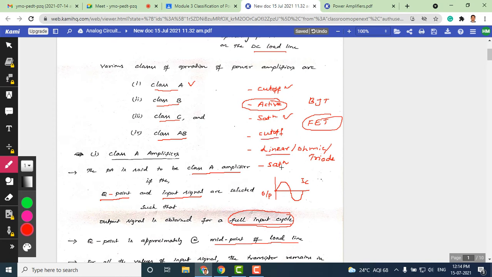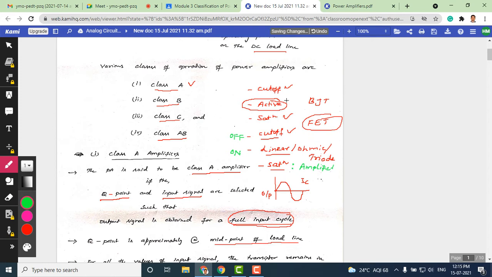Cutoff, linear, saturation. Why I am saying this region of operation of FET is different from BJT is because cutoff in BJT is the same as cutoff in FET. No change. The only thing is the linear region that you see here. This has to be used as a switch. Here, FET is used as an on switch. In the cutoff, FET is used as an off switch. Whereas the saturation region is preferred for amplifiers in case of FET. I hope you got the difference now.